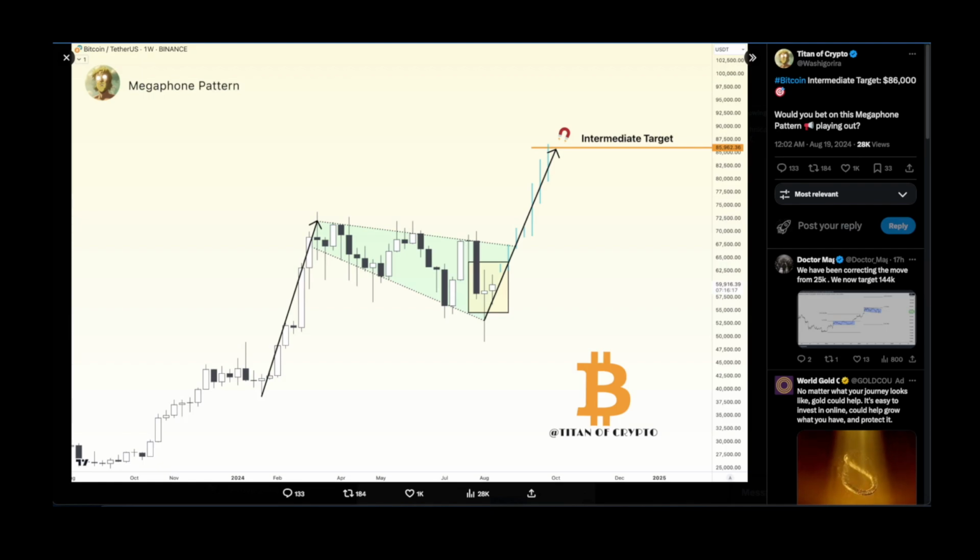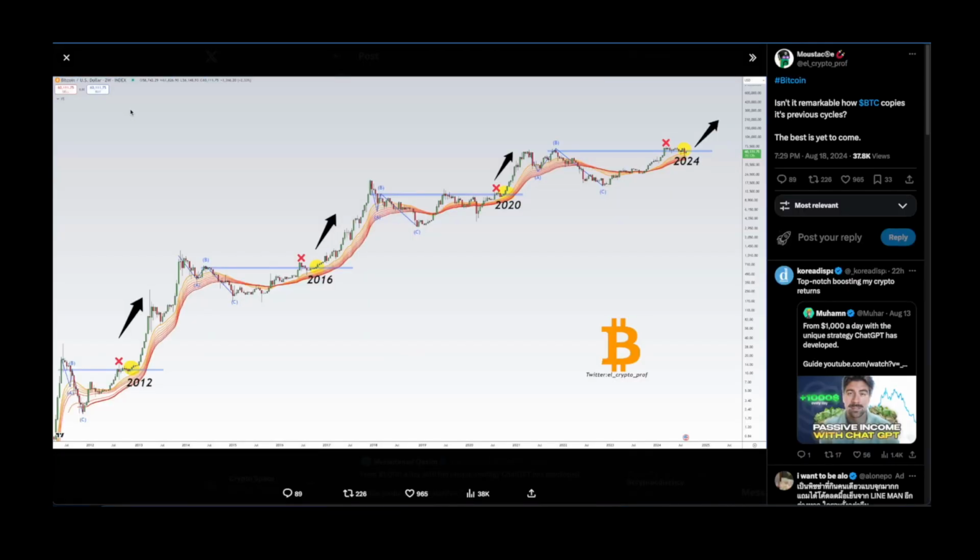Anyways, shout out to Mr. Titan, and this is a weekly chart for BTC, and this is the megaphone pattern that BTC is currently building, and according to Mr. Titan, we've got targets of 85.9k to be exact, all right? So we are still trading inside of that formation. And things are maybe looking a little bit scary if we look at the shorter time frame. However, I believe that this is nothing, it's just short-term noise.